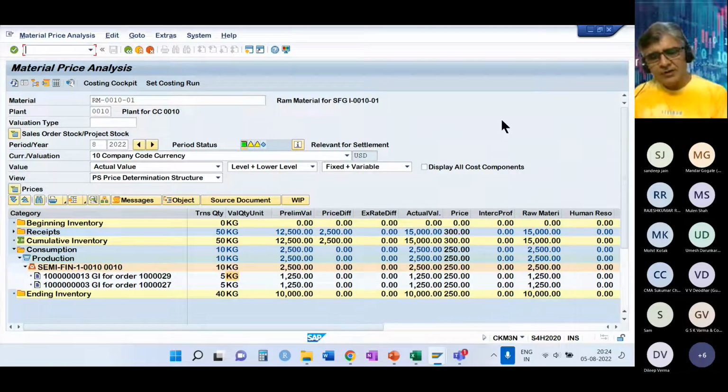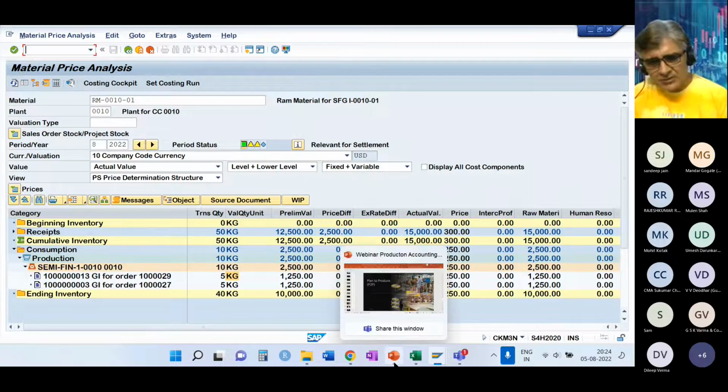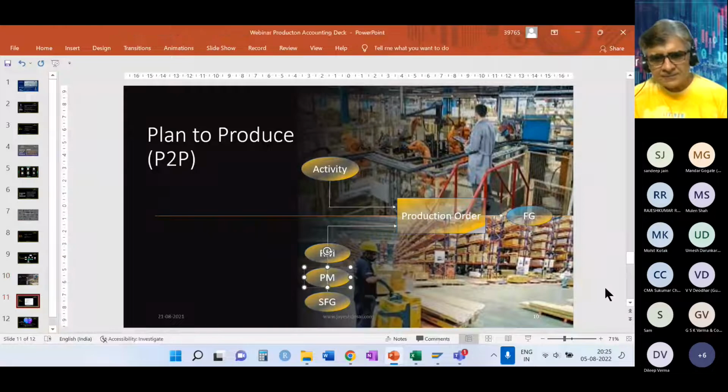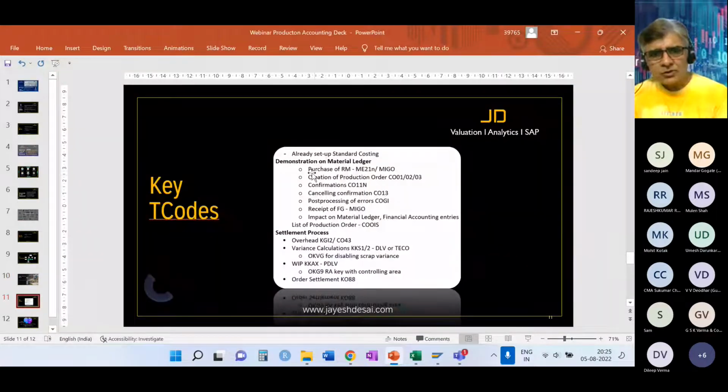So at the month end, you need to settle these variances. So within it, there are a couple of steps. Let me just open this presentation. So purchase of raw material is done, creation of production order is done, confirmation CO11N is done, canceling a confirmation. If I want to cancel the confirmation which I've done because say there was a mistake, then I can use CO13.